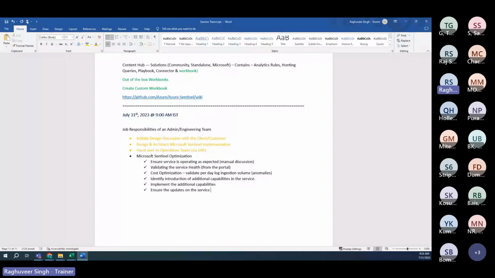Now, when I say updates on the service, am I talking about updates on Sentinel? No, not at all. It's a fully managed service from Microsoft. Microsoft manages it. What I'm talking about here is building blocks. You will need to look for updates on the building blocks. There are building blocks for Sentinel. Now, what are building blocks? For example, the example of building blocks could be